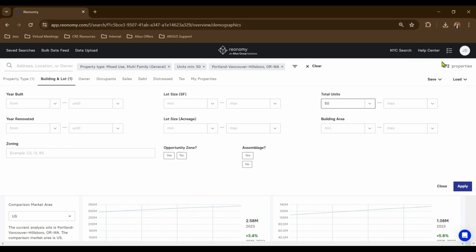Just not that single family component. You can select for things like opportunity zones, look at specific zoning requirements or building area measures, depending on exactly what you are looking for. I am going to continue on, and so that I get a successful pitch list at the end of all